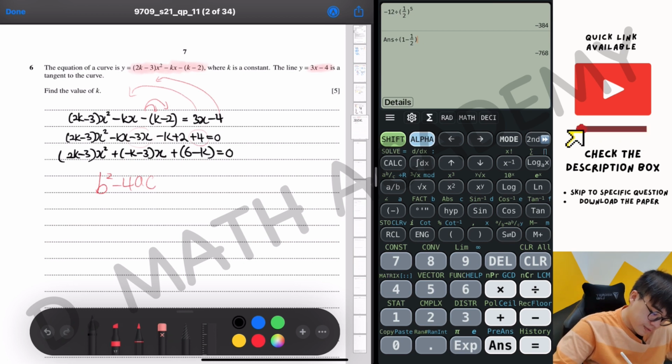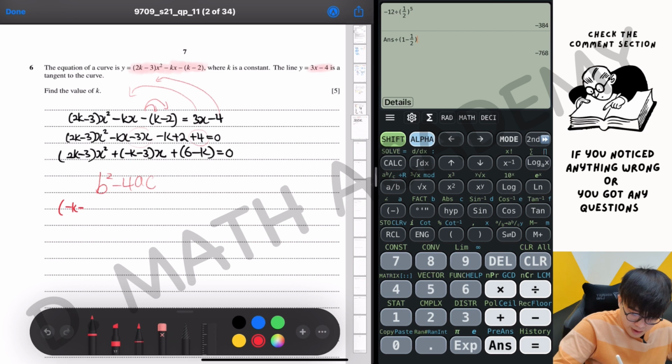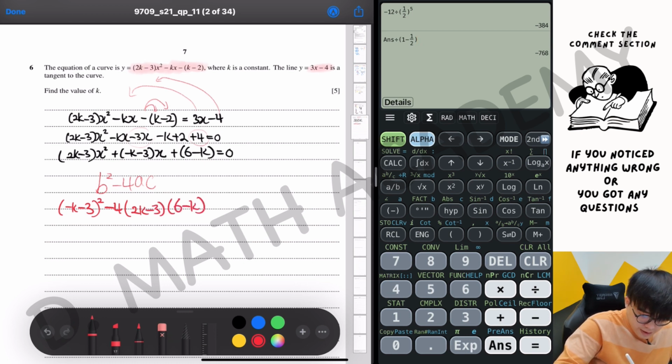Okay, so from this, here your b squared is referring to negative k, negative 3. Our 4 is actually 2k minus 3 followed by 6 minus k, and make it equals to 0. So you actually get k squared. Okay, let me readjust them. K squared and then plus 6k plus 9